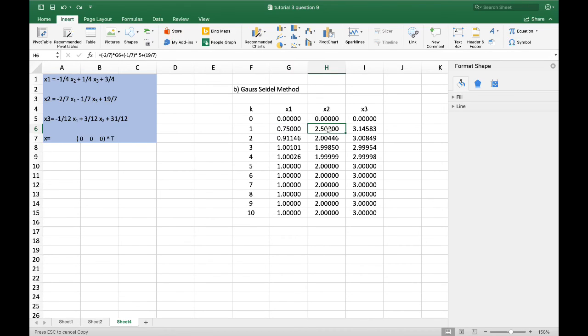However, in x2, I did not use the previous value of x1. In fact, as you can see from the formula of x2 here, with k equals 1, I have used -2/7 times 0.750, which is the newest value of x1, plus -1/7 times x3,